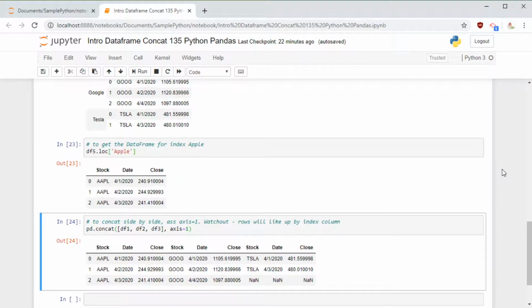In Apple you have 1, 2, 3, and the same for Google, and for Tesla we have only 1 and 2, and it is lining up the index and not the data. So we want to line up by date. The best thing we can do is make the date itself the index, and then when you line up, it would certainly work out.